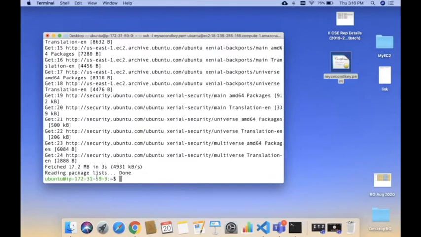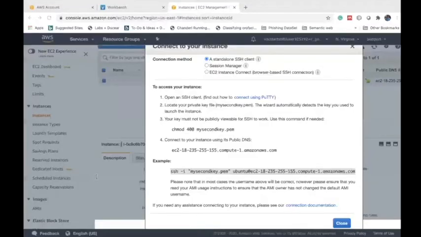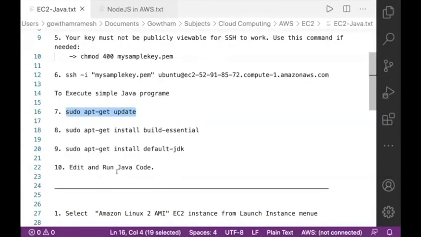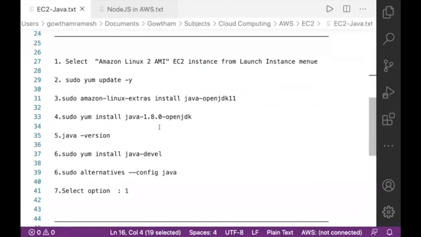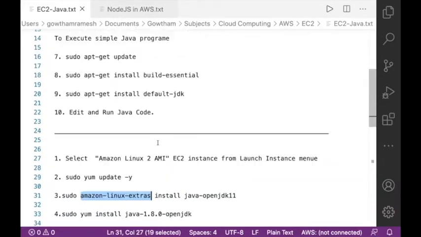This morning we used the Linux version of the machine which is provided by Amazon. So this is the generic version, like a Linux version, and we don't have Amazon Linux extras in Ubuntu. You will have to follow the conventional way.